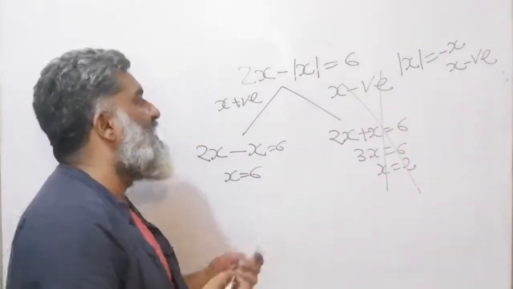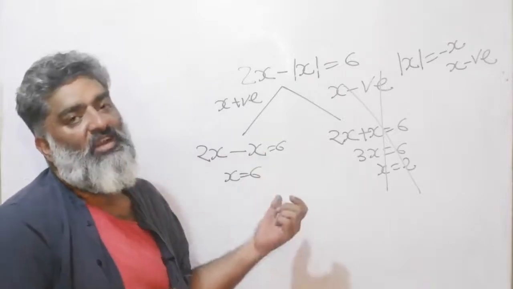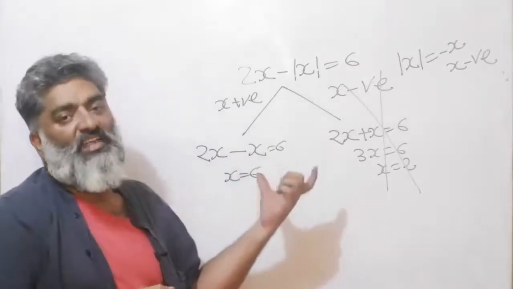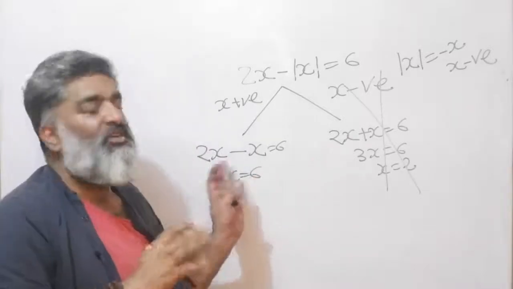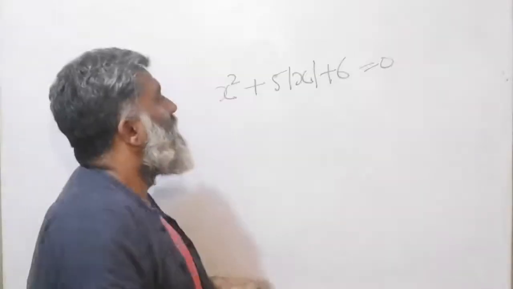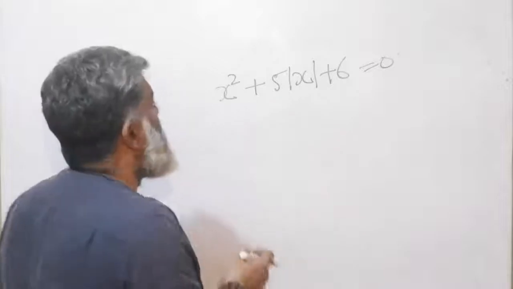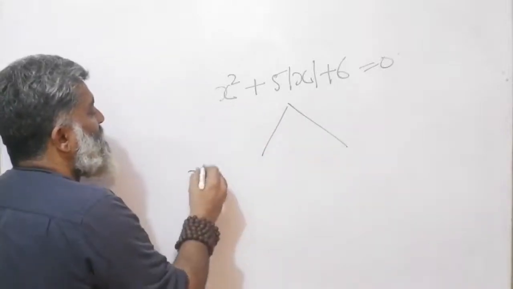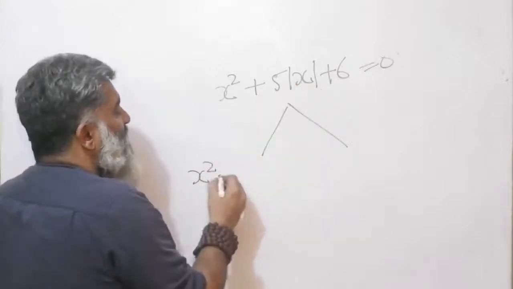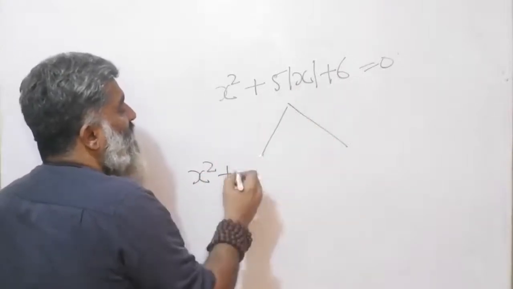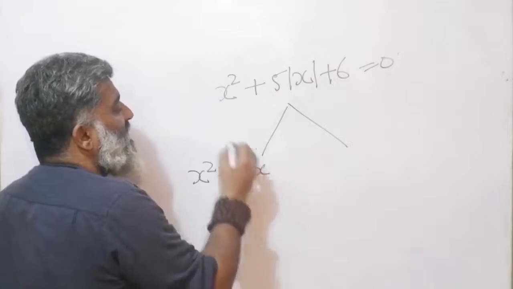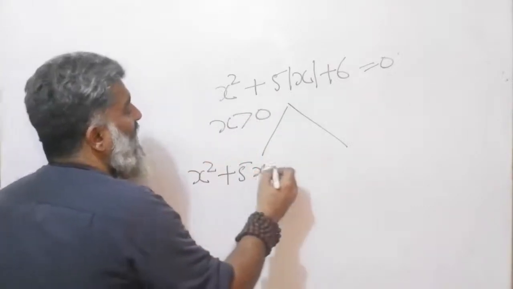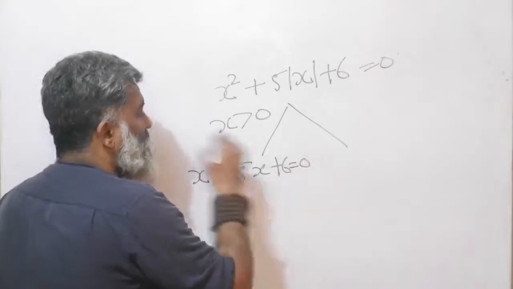And again, do not get stuck with the idea that one of the storylines will get eliminated. Let me now throw an example where both the storylines will work. So let's apply the same idea here. Two stories, x square, and just copying the equation like that. Instead of a mod of x, simply write an x. Why? Because I'm assuming that x is greater than 0. And put up a 6 equal to 0.